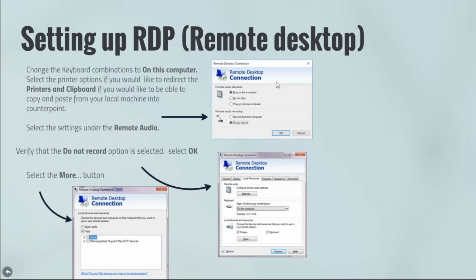Change the keyboard combinations to on this computer. Select the printer options if you would like to redirect the printers and clipboard, if you would like to be able to copy and paste from your local machine into Counterpoint. And then from there, you would select the settings under remote audio. Verify that the do not record option is selected. Select OK. And then from there, you would move to,